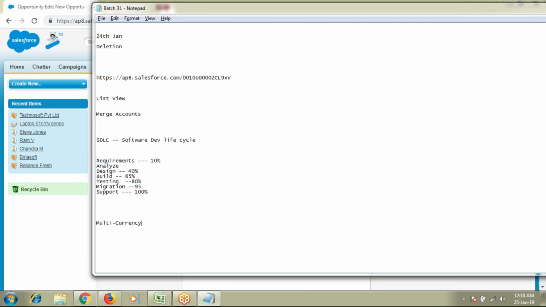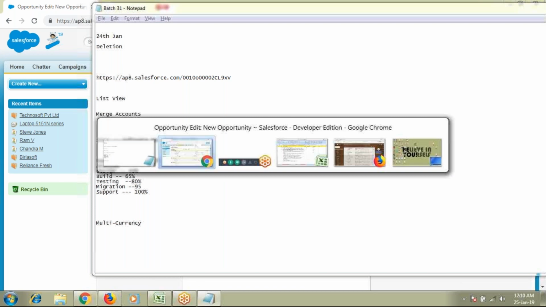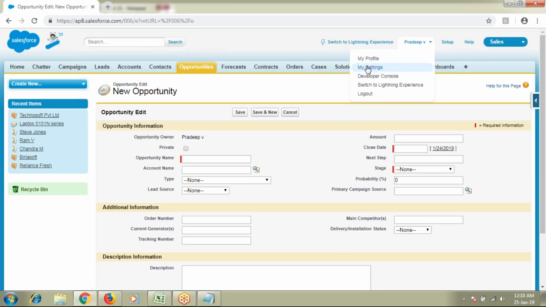Once you enable this, all the currencies across the globe will be enabled for your Salesforce instance. Then I can go to my personal settings and select my own currency based on the country I'm living in.